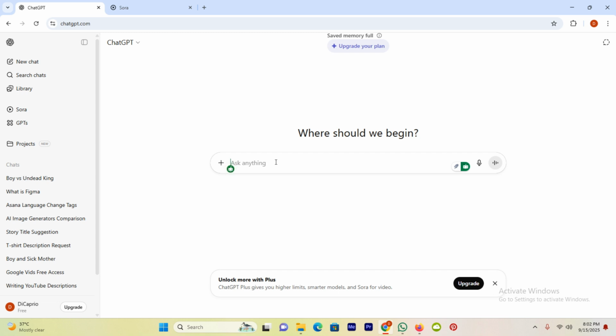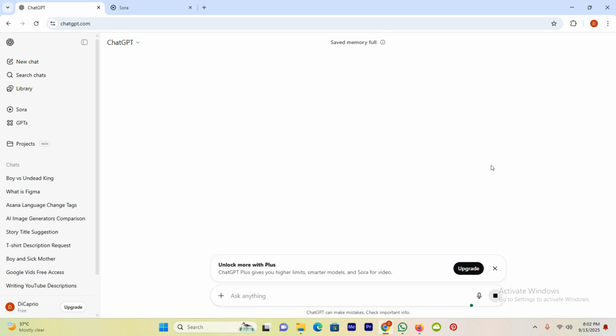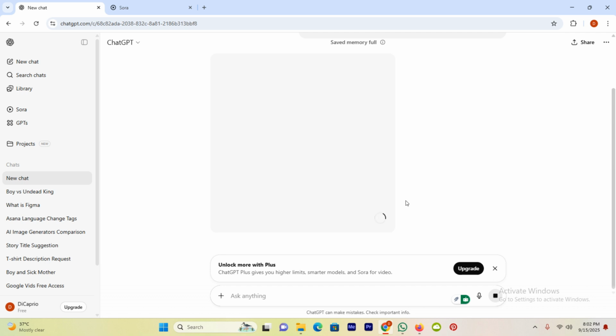So it will help ChatGPT to understand what kind of image you want to generate. So let me write, for example, just for showing you. I write this kind of prompt, and I will hit on this arrow. Now here, according to my request, it starts processing, and it will take some time because on the free plan, it will be hard for ChatGPT to create images. So wait until the processing is completed,